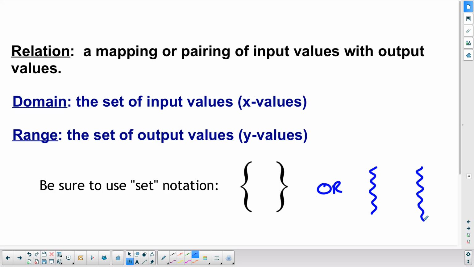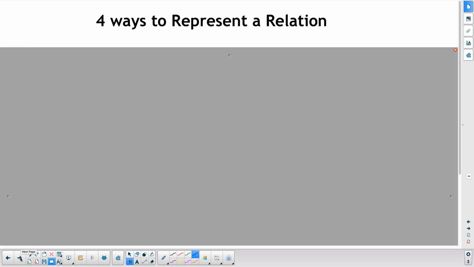Okay. I'm jumping around all over the place. Now, there are 4 different ways to represent a relation. 2 of them you have seen. 1 of them you hate. 1 of them you've never seen before. I just took a little peek inside your brain. And I said, yeah, 2 of them they understand. One of them they don't like. One of them they never see. So, the one that you've already seen,